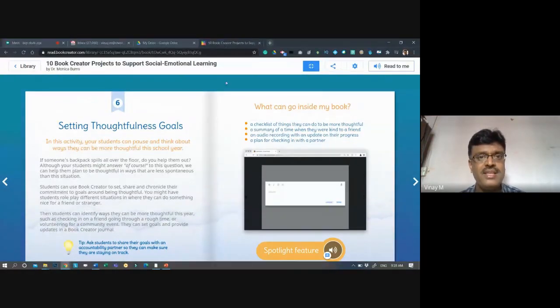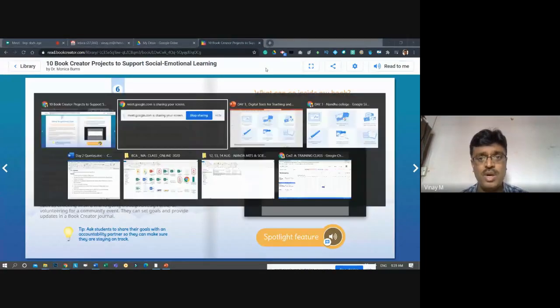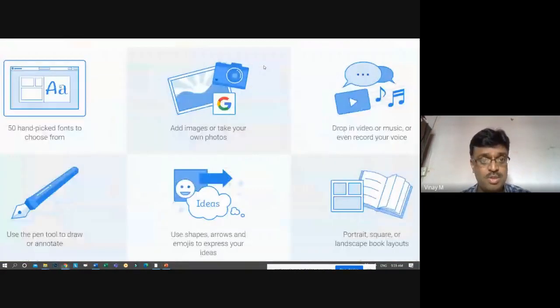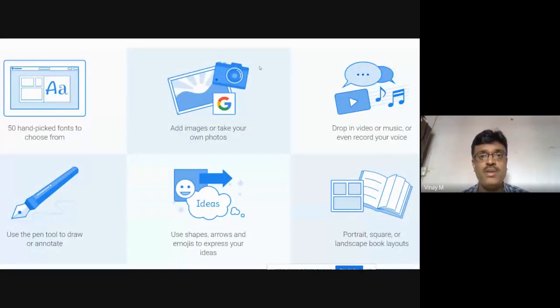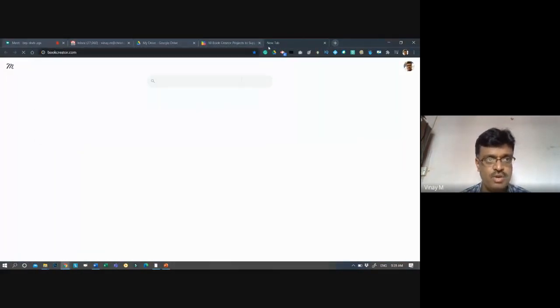Now, to create this, sir, it will be difficult, no? I don't know, I'm not a computer fellow, I'm not a techie. So how do I create? The advantage is more. That's why I'm showing you. All these are pre-built in, which can be used on this. How? It's a simple website called Book Creator.